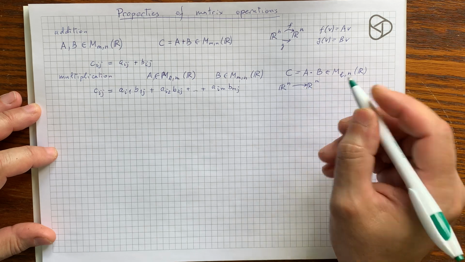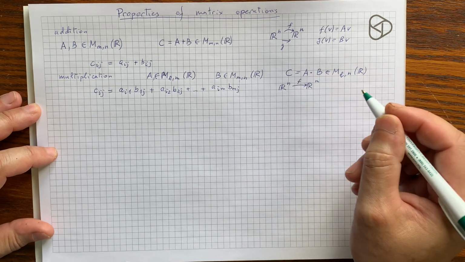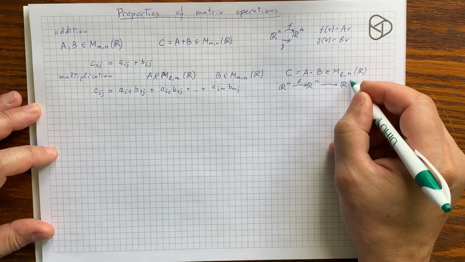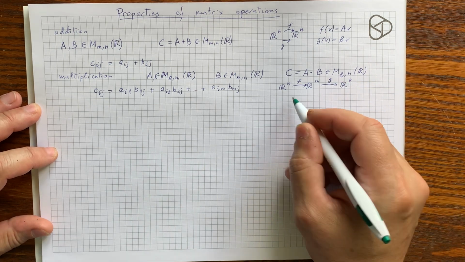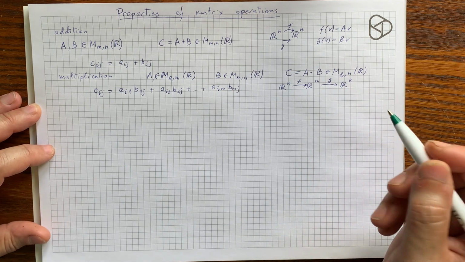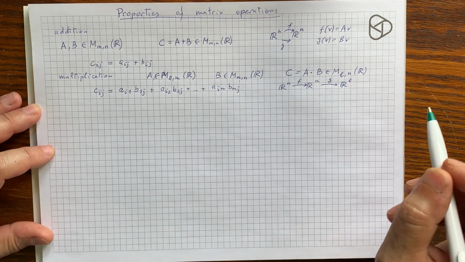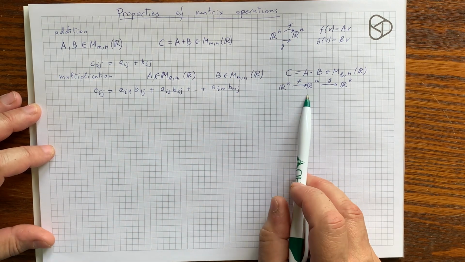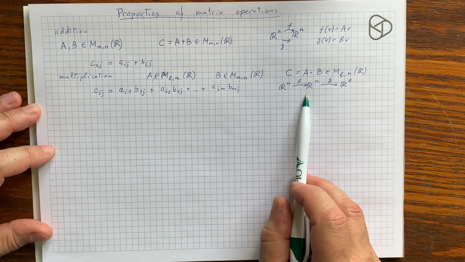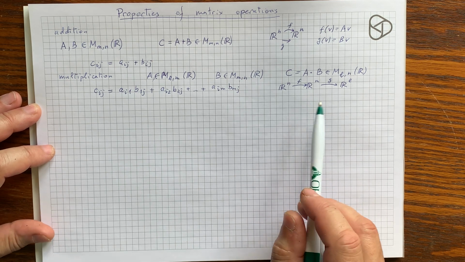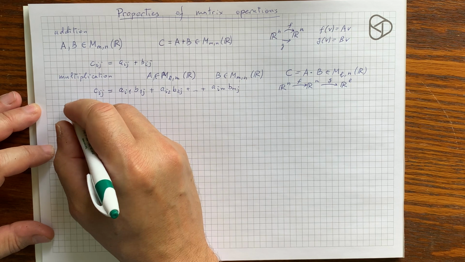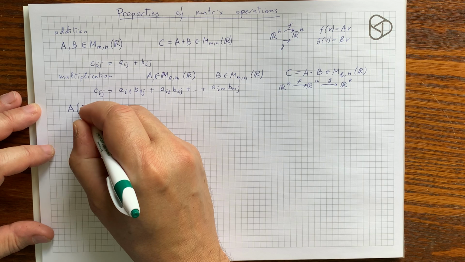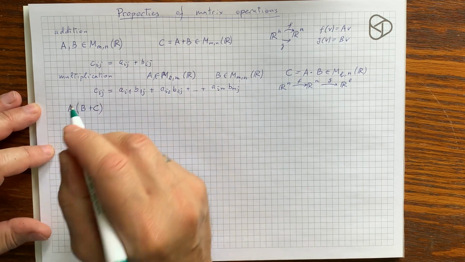So matrix B was the matrix of linear map F, and matrix A is a matrix of linear map G, and then the composite of these two linear maps is linear again, and its matrix is C. And that origin of matrix operations is the easiest way to see what are the properties of the two when they are combined. So for example, if we take a matrix A and multiply it by a sum of two,